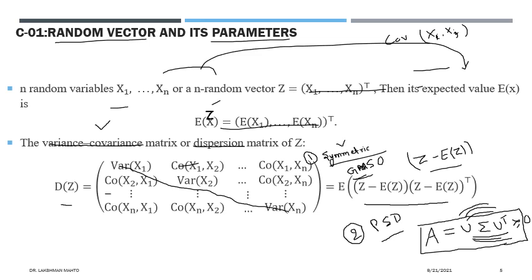But if it happens to be symmetric and positive definite, then you can always get that orthogonal picture. That is the beauty of this variance covariance matrix. It is always symmetric and positive definite, so you can talk about an orthogonal decomposition of this one. Better to call it V sigma V transpose, and V is an orthogonal matrix.